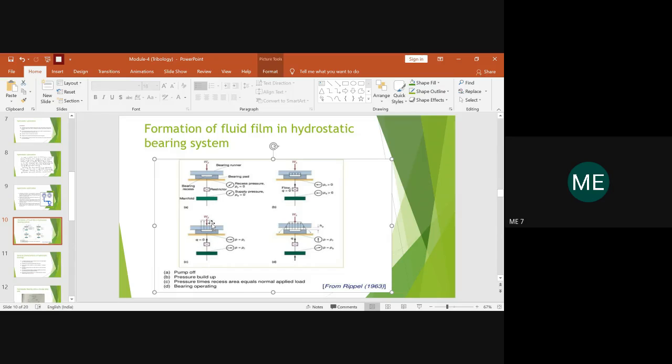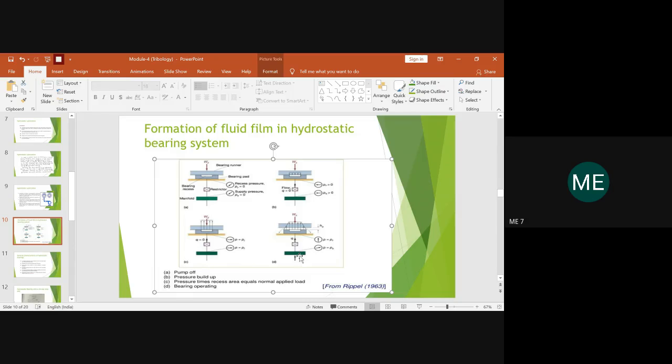So once this is achieved, then the operating of the bearing comes into picture. Initially, in the first stage, what happens? The pressure will be 0 across the recess and across the supply. So when the supply is on, the pressure is built, and the value of both will be greater than 0, right? So here, in the equilibrium condition, the direction of the pressure developed will be in the opposite direction, so that you have to show through the indicator.